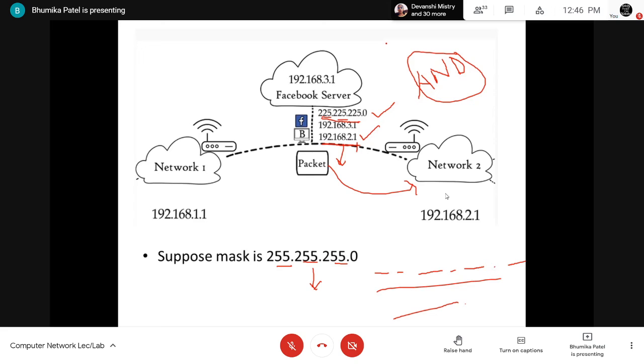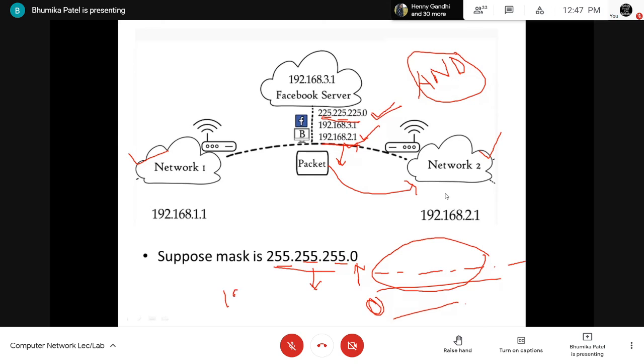Okay, so the first 3 combinations, whatever they are, will represent what? It will represent the network. So this network will have its own IP address. You will get the network address from what? From the first 3 combinations. That's why we are using 255. And the last one we used is 0, so obviously if you do binary AND between 0 and 1, the answer will be 0. So you will do binary AND between this and this, right?